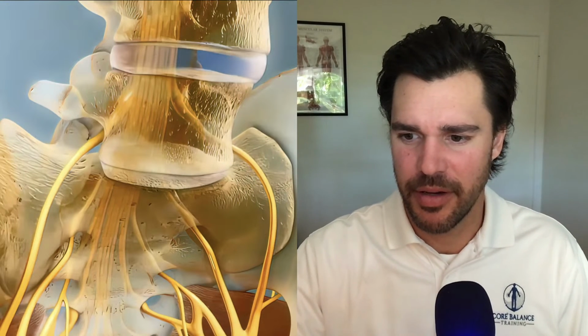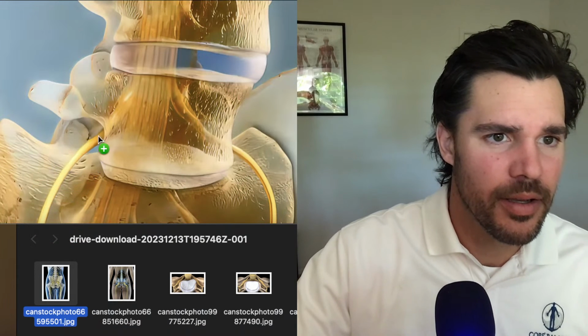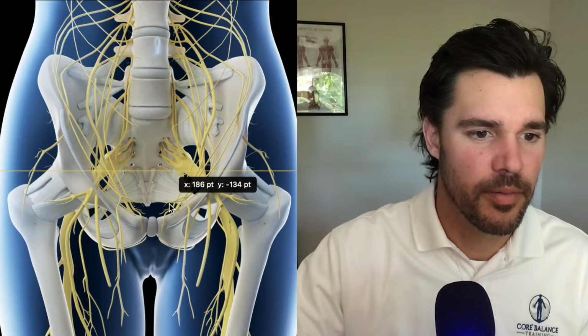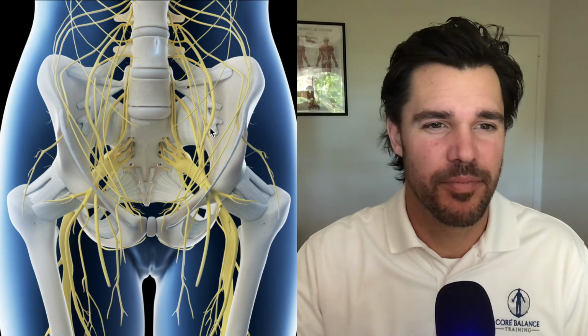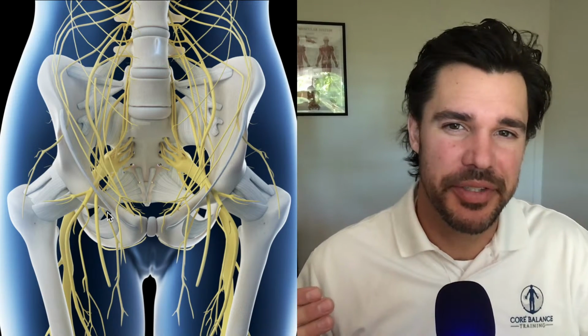And actually, I'm going to go ahead and see if I can get this other image that's so interesting to me. This one's really interesting. Okay. So you can see how many nerves are flowing. Muscles that get inflamed, or even just any soft tissue that gets inflamed and maybe swells up a little bit, can also press on one of these nerves. And so when we associate nerve symptoms with an actual diagnosis,